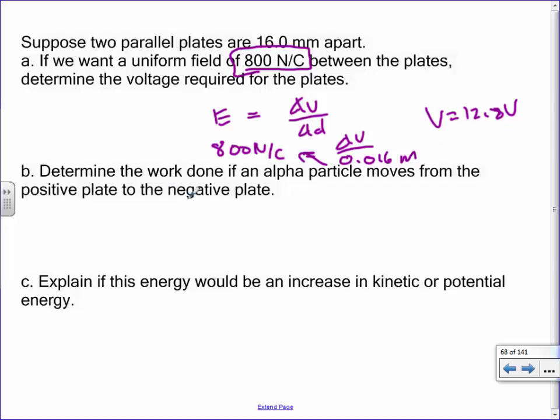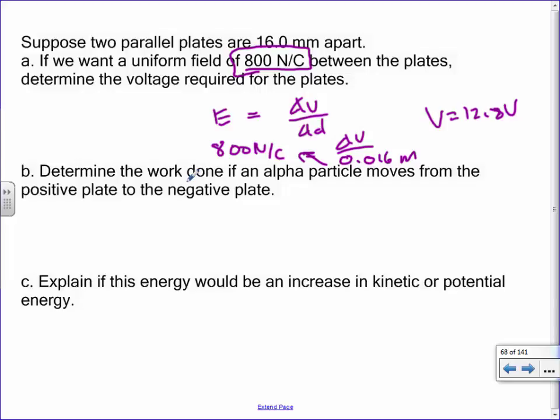Well, the next question says, how much work is going to be done if an alpha particle moves from the positive to negative plate? It's at this point here that kids start to get a little lost, where they're going, oh my goodness, there's formulas everywhere here. You have to kind of figure out what you have and what would be useful. Because there's, what do we got, like 5 formulas in there that we've learned so far? Is any of those a formula for work? None of those formulas that are listed down in the electricity magnetism section have a W in it.